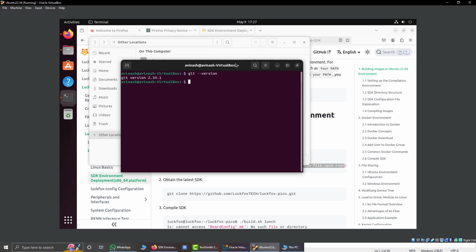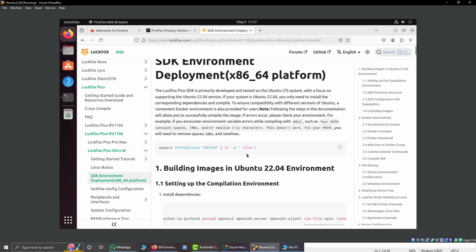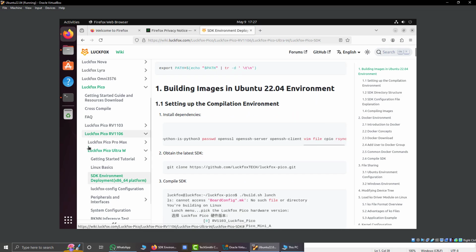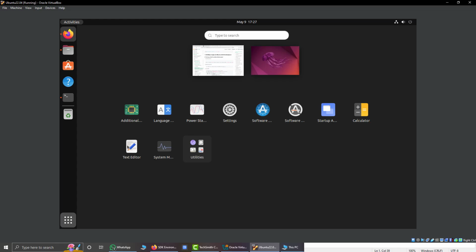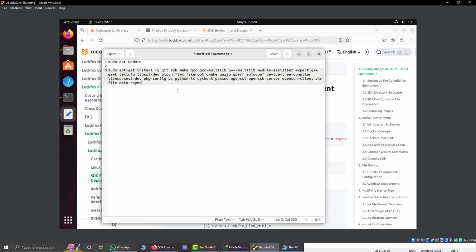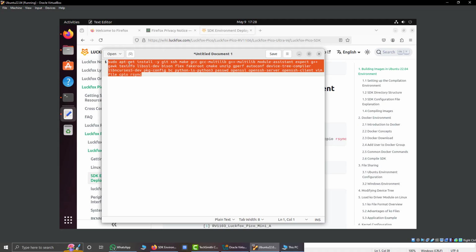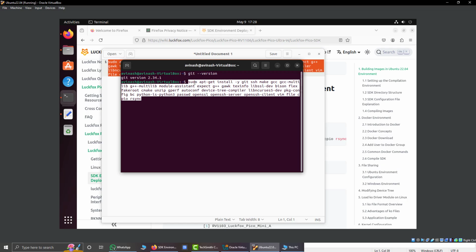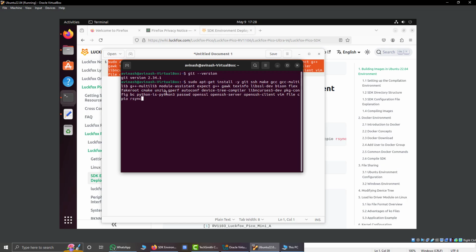What happened? Let us copy it once again. Get rid of this command. We have already executed this one. We only need this one. Copy it, paste it, and hit enter. And before hitting the enter key so that all these packages could be installed, I would like